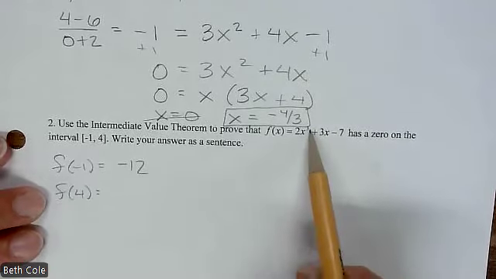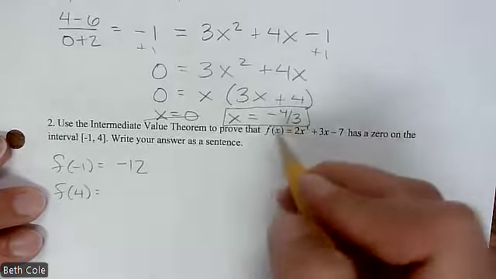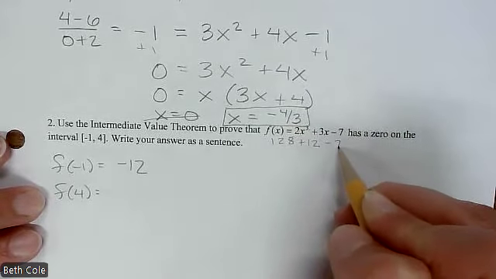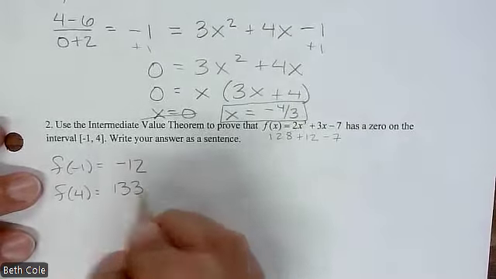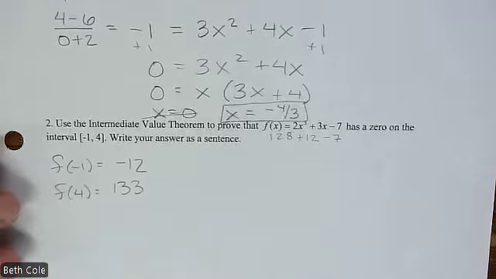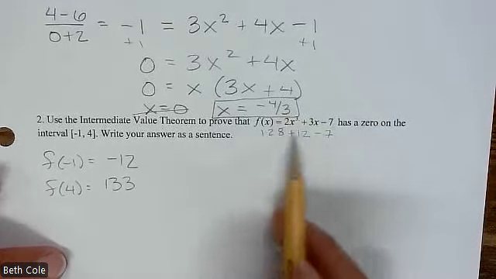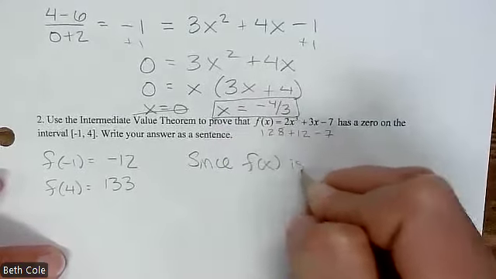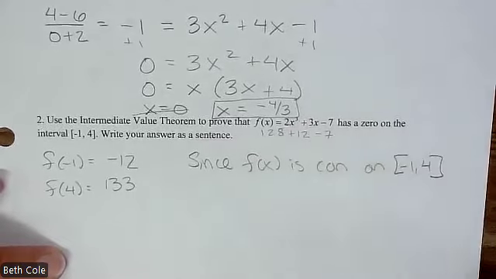All right. 4 cubed is 64. Double that is 128. Plus 12 minus 7. 133. I agree. I was counting my fingers. Hold on. Is this function continuous? Yes. All right. So since f of x is continuous on -1 to 4,